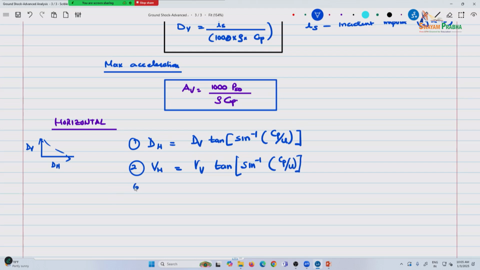And finally, the acceleration is also, just for the sake of completeness, the same expression, sine inverse of Cp by U,